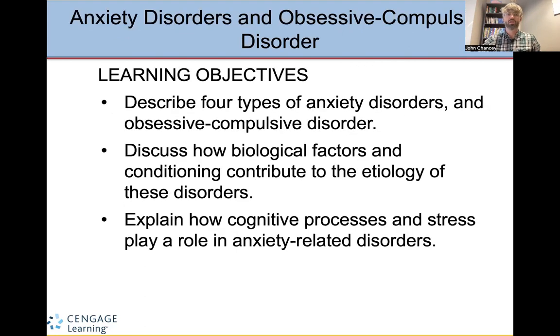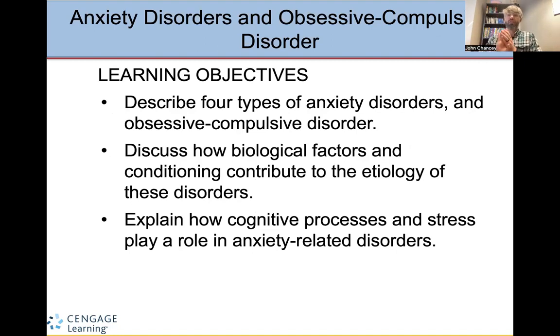So some slight changes, and also some slight changes in how different disorders are diagnosed. So now we're in the DSM-5. We're going to look at various disorders. The first set of disorders we're going to look at are anxiety and obsessive compulsive disorders, or anxiety disorders and obsessive compulsive disorder, excuse me.